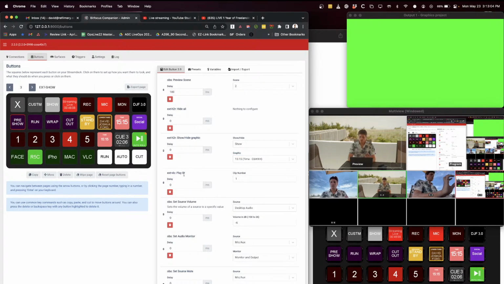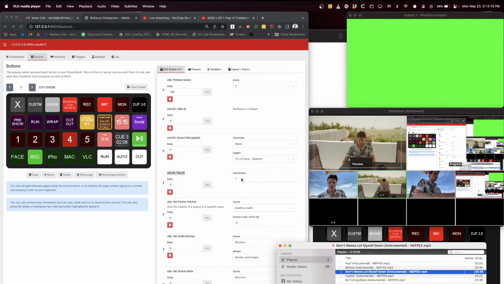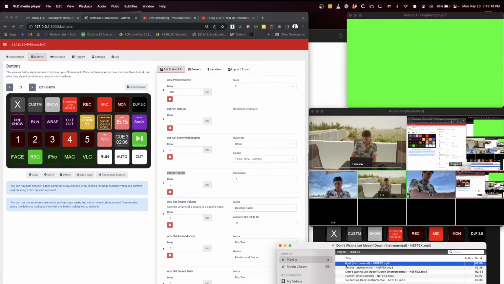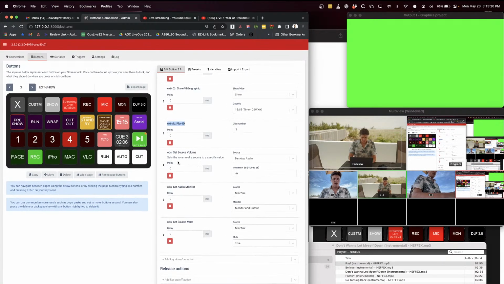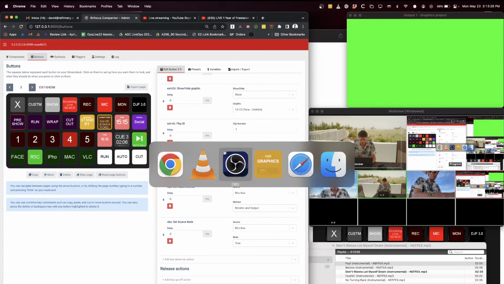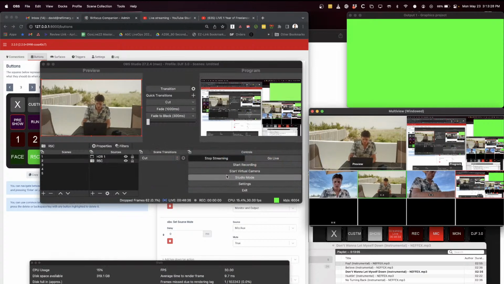I'm also playing VLC. It's got a bunch of audio tracks in here, as you've seen before. And by default, this VoIP track is going to be number 1. I'm going to say play track number 1. OBS is going to say set the source volume of the desktop audio input, which if I go back to OBS, and if I go Command